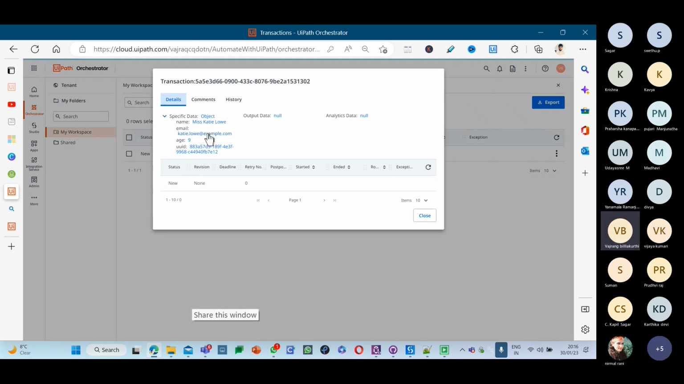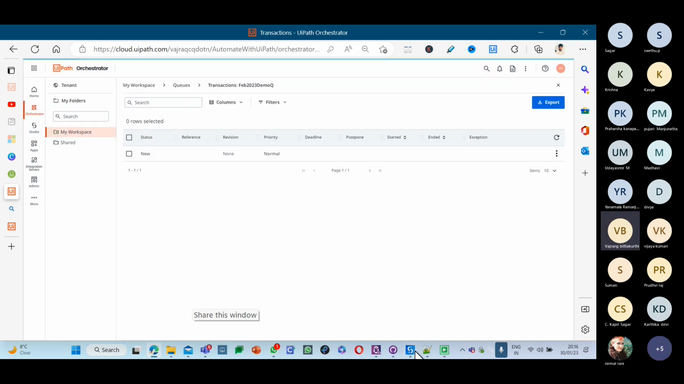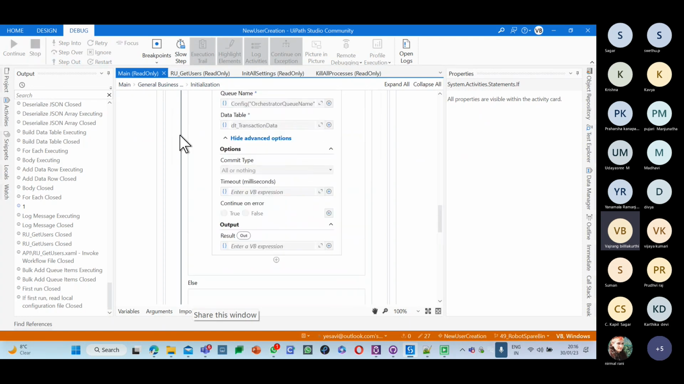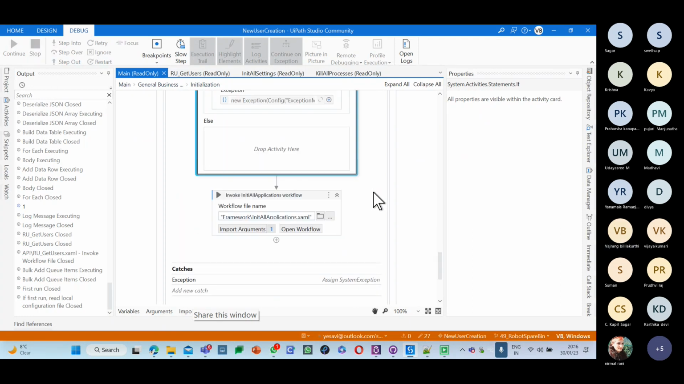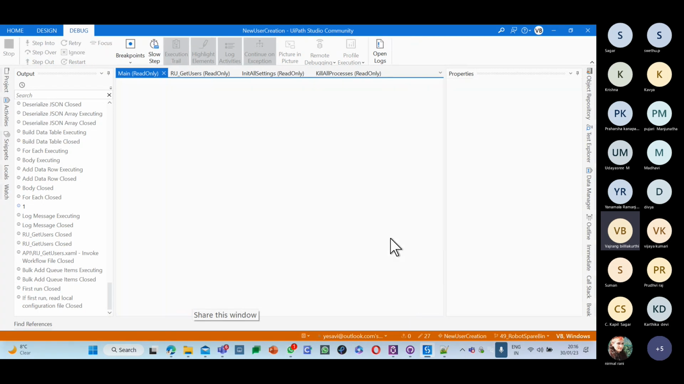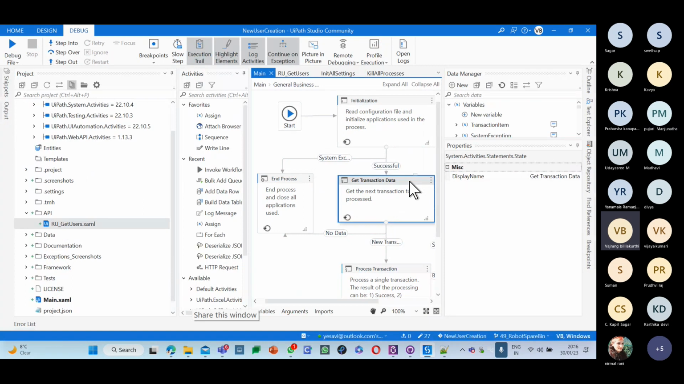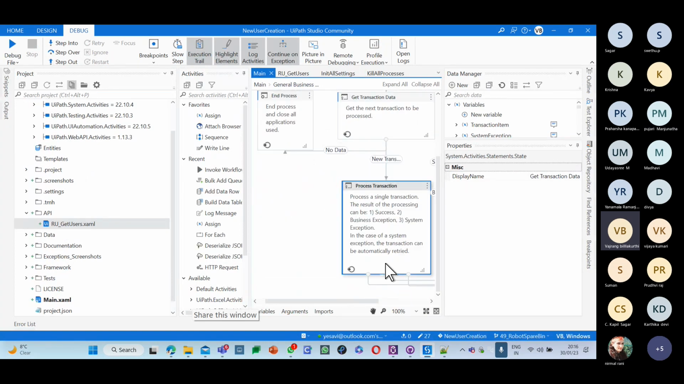Can you see the details got updated to queue? Yes. Okay. Now every time we execute, the queue details will be updated. Let's stop the code. Okay. Now with REFramework, by default, one item will be fetched from get transaction data. Now to